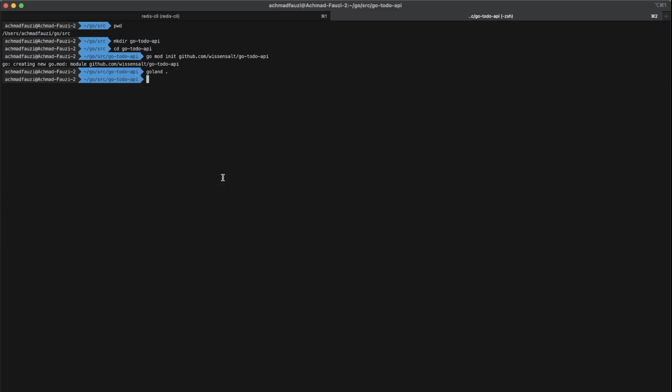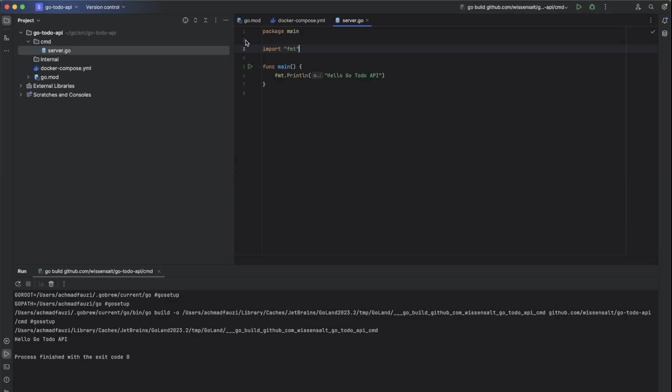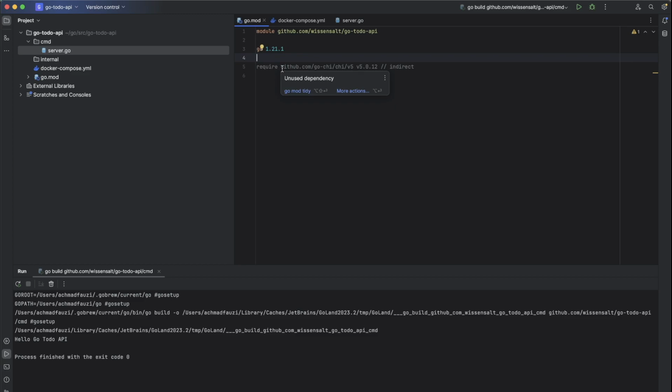I'll just copy it and paste here. Okay, we already added Chi dependency, and let's see in our go.mod, it's already available. Chi, it is still indirect because we are not using it yet in our project.